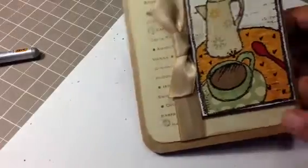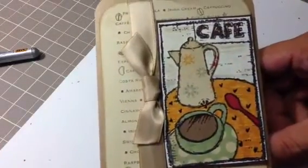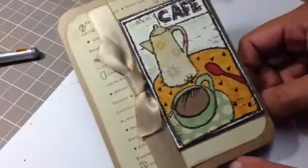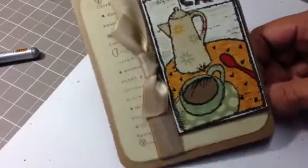Isn't that cute? It would have looked totally cuter if this was over, so I'm a little bummed. But I'll try to fix it right now. I'll see if I could peel that up. I don't know because I have that glued down. Ugh. Anyhow,